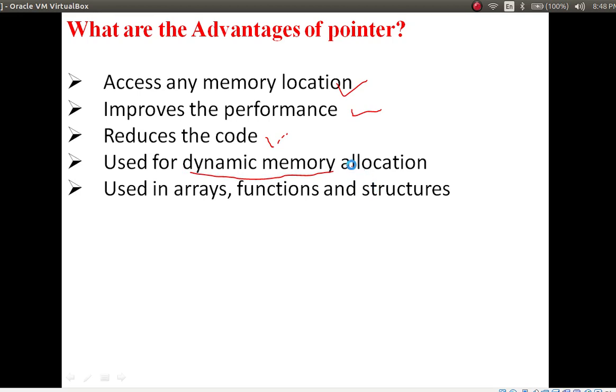This technical term, dynamic memory allocation, we will see in the next video. Okay, what do you mean by dynamic memory allocation? Now for the advantages, just keep in mind that a pointer is used for dynamic memory allocation, and also used in arrays, functions and structures. Okay,